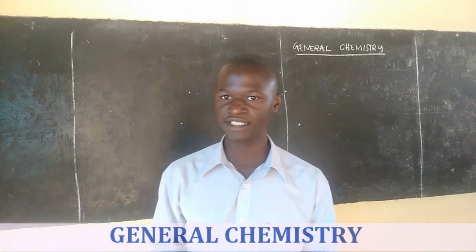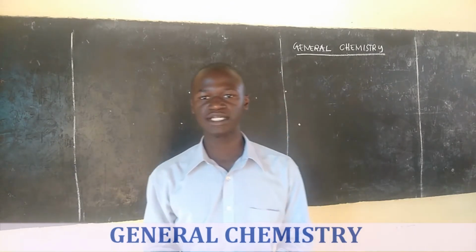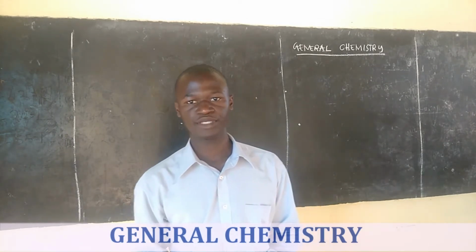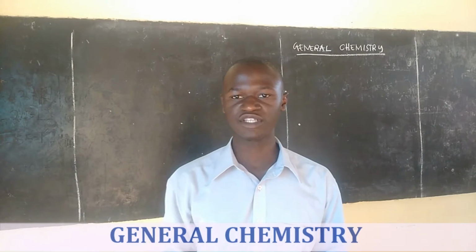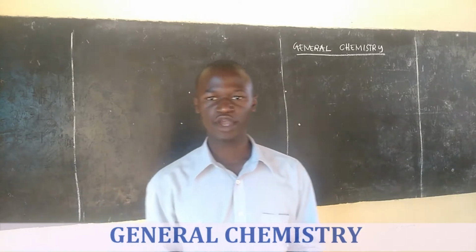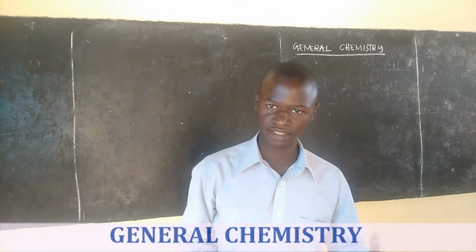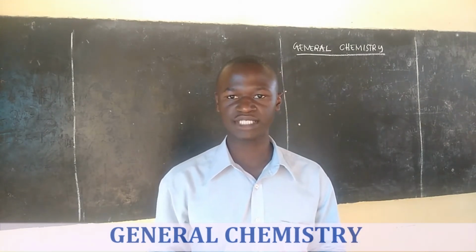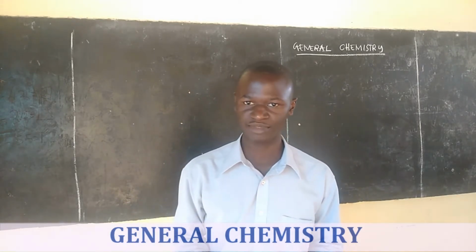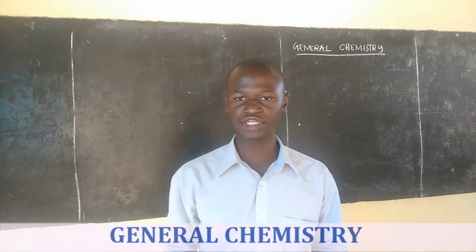So first, let me give you a brief introduction of the advanced chemistry. Advanced chemistry, we study it in major 4 branches. However, there are other small topics. The major 4 branches of advanced chemistry are general chemistry, and then from there we have physical chemistry, organic and inorganic chemistry. We have other branches of chemistry or small topics such as electrochemistry and other topics such as environmental chemistry and soil chemistry.